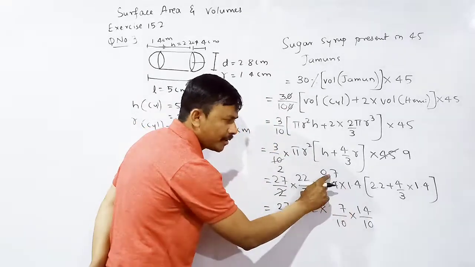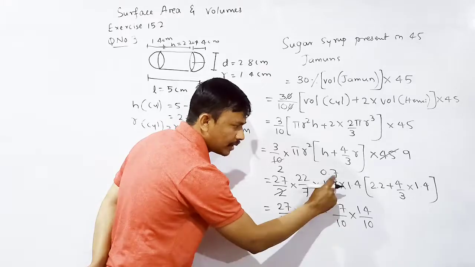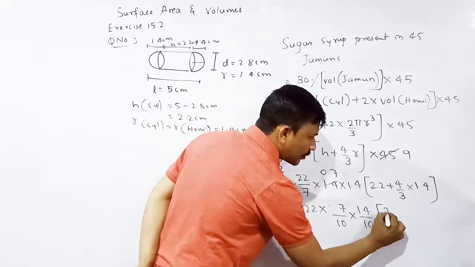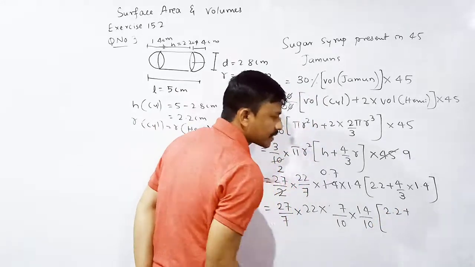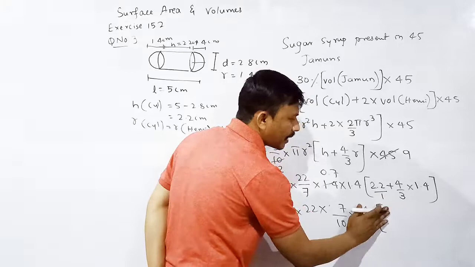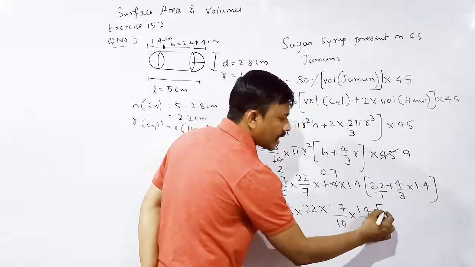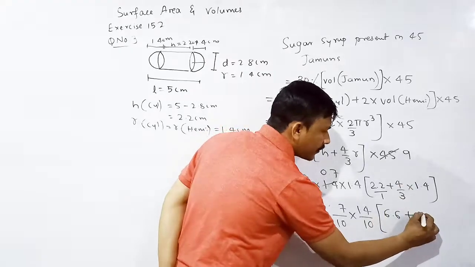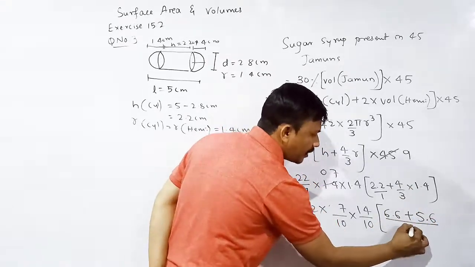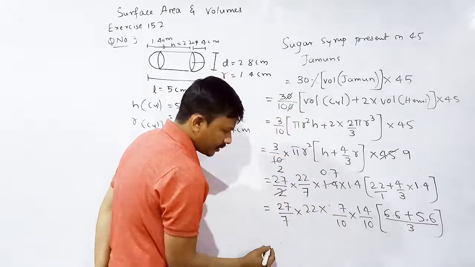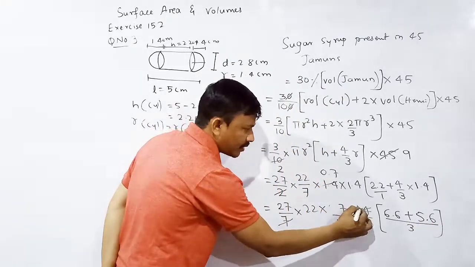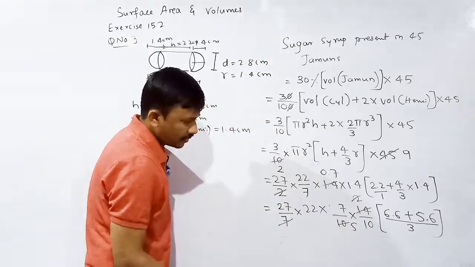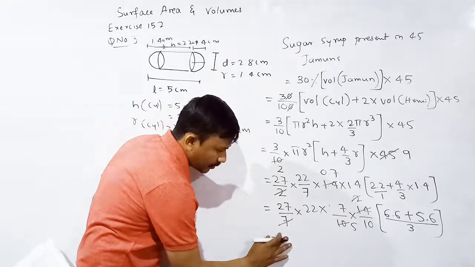I am removing the point, children. If we remove the point, we take 10; if there is a double number here, 100. Next, 7 in bracket, 2.2 plus, cross multiply here: 3 22s are 66 point plus 14 4s are 56 point, divided by 3. Okay. Then 7 1s are 7, 2s are 2, 1s are 2, 5s. Okay. This is equal to what are the values?